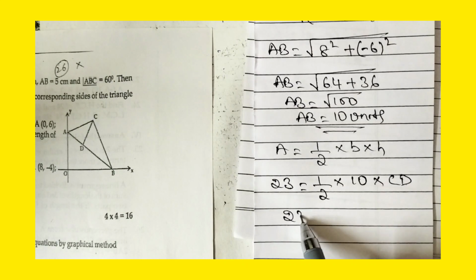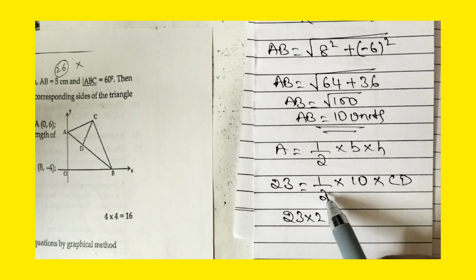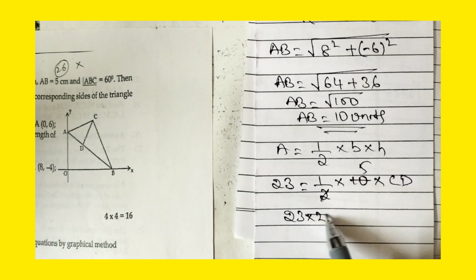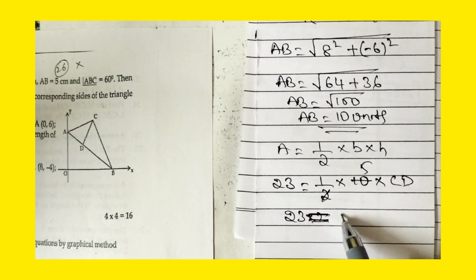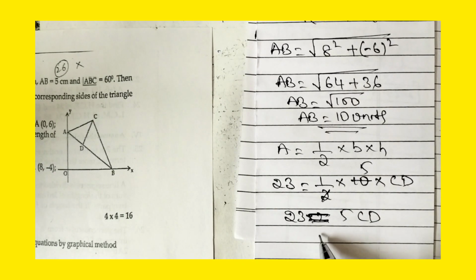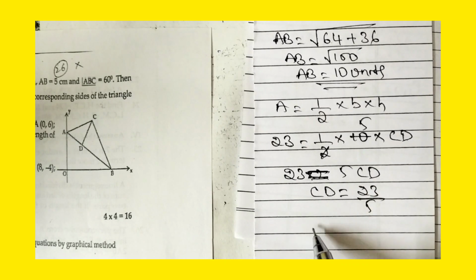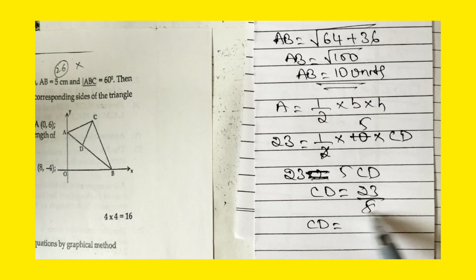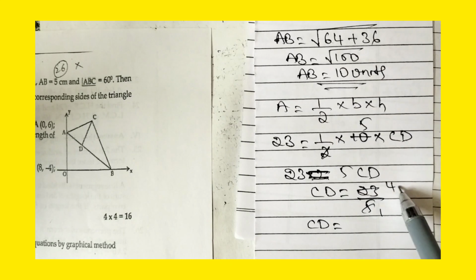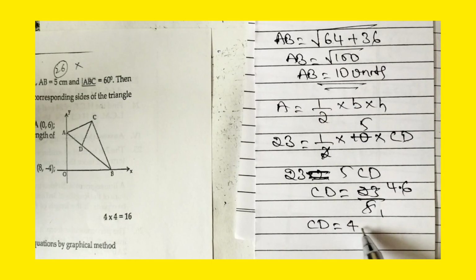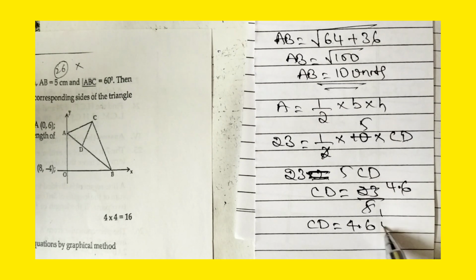So 23 into 2, or let us cancel here. 2 1s are 2, 5s. So 23 is equal to 5 CD. So CD is equal to 23 divided by 5. So CD is equal to 5 1s, 5 4s are 20, 3 remaining 30, 5 6s are 30. So CD is equal to